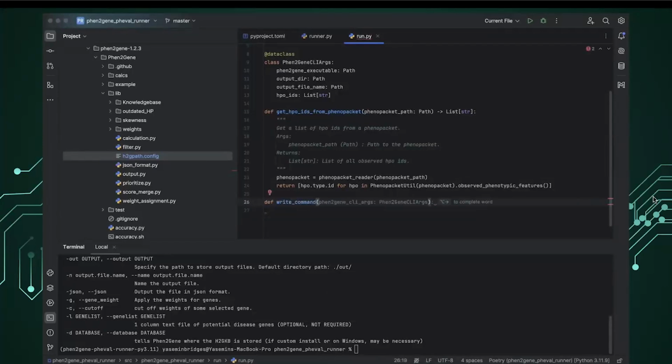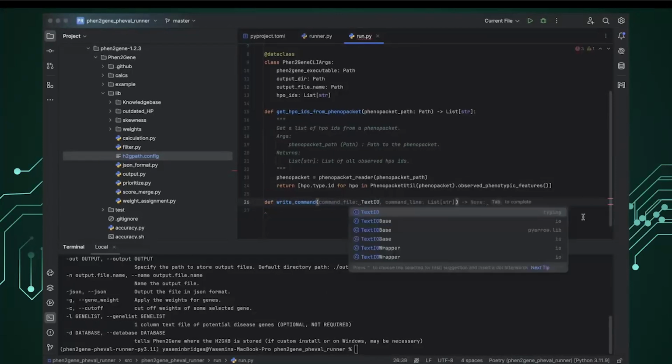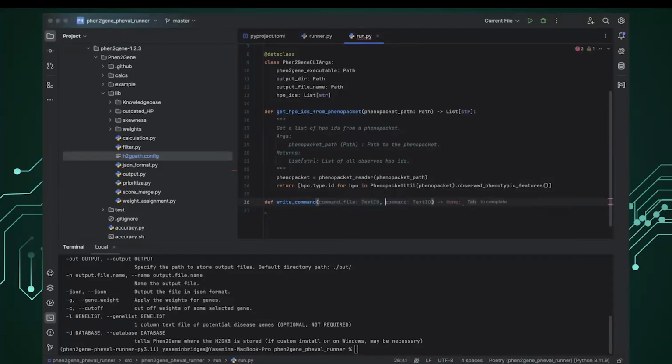So here I'm just going to specify this function. With PhEval, we want everything to be traceable. So we've tried to help a lot with the metadata that will come up with each run, but also here we're trying to encourage that we're going to save the command that was actually used to run phentogene. So for each sample, you would have the command that was run or that will be run with phentogene,